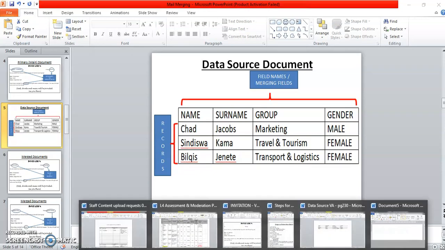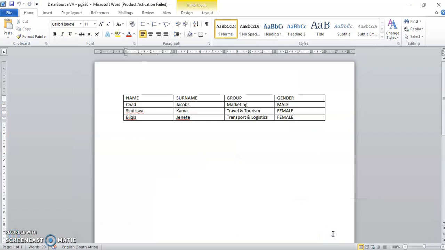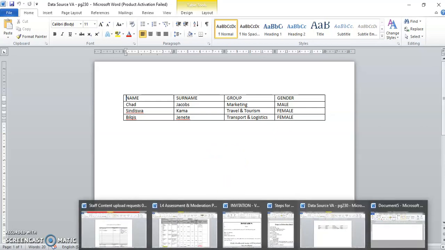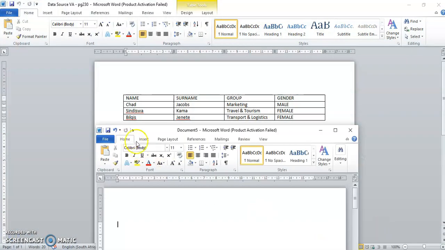We're going to create it, and it looks something like this. It's a basic Word document. We've got 4 columns and 4 rows, and I've inserted information. This is the data source that we're going to use, but I just want to show you how it gets created. So I've opened up another Word document, and I'm going to illustrate what happens. Basically you'd open up a Word document, and all you'll do is create that